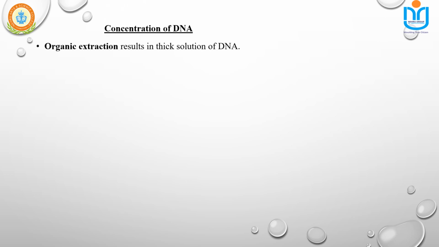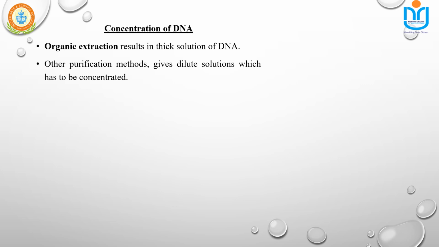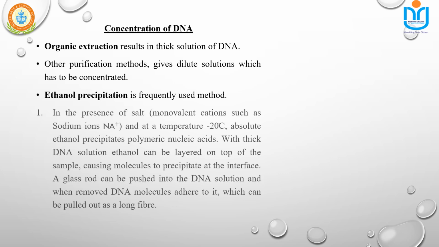After purification, the next step is concentration of DNA. Organic extraction results in a thick solution of DNA. Other purification methods give dilute solutions which have to be concentrated. Ethanol precipitation is a frequently used method. In the presence of salt, monovalent cations such as sodium ion, and at a temperature of -20 degrees Celsius, absolute ethanol